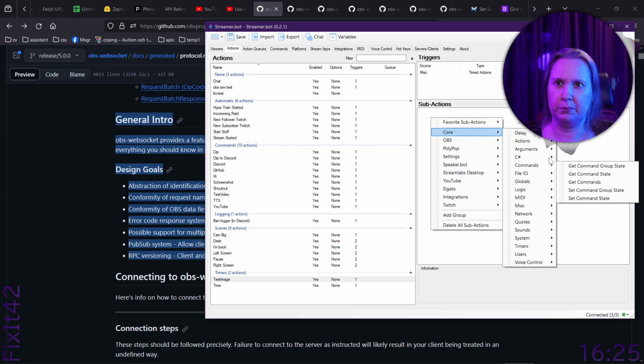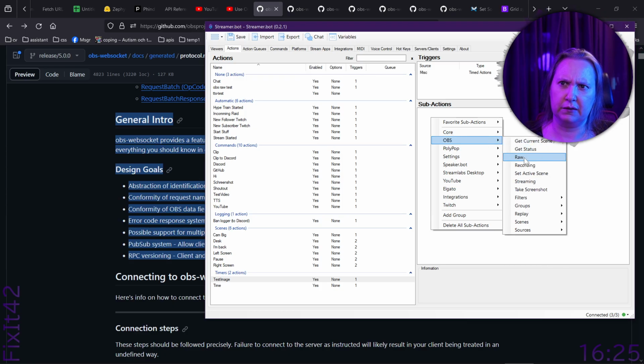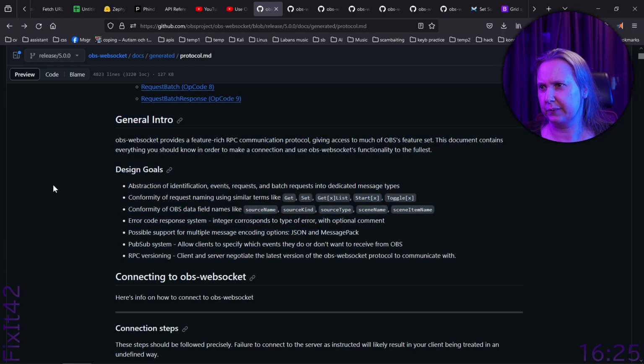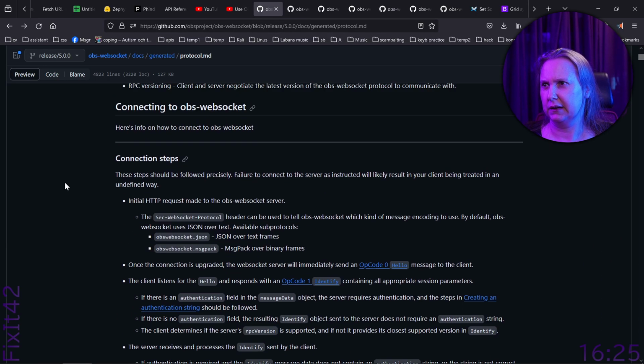I'm thinking C# might be an alternative, but I know there's a raw one. But I think that's OBS. Yeah, OBS raw. This is where you can easily put in a request. So we can try this. That was not really useful, was it? I'm sorry if I'm going quiet, my throat is